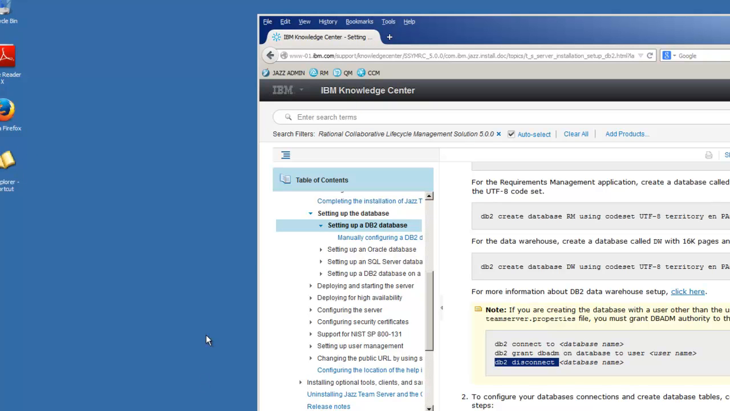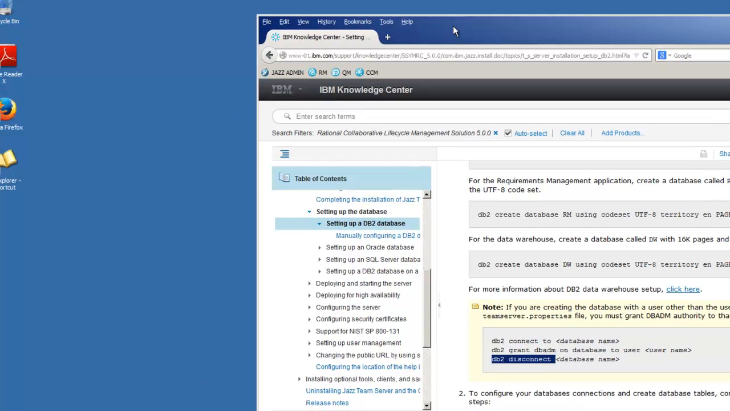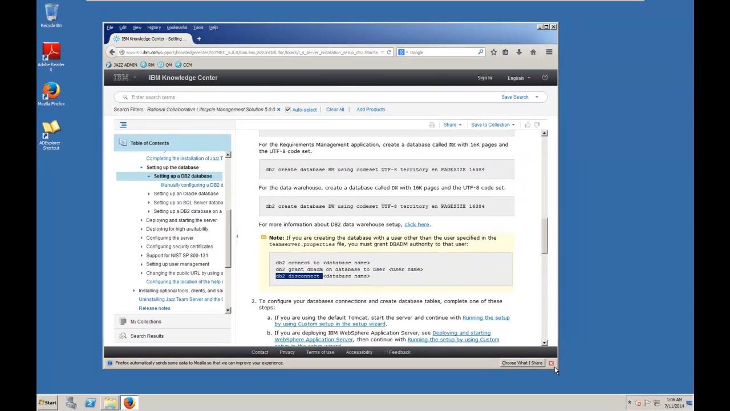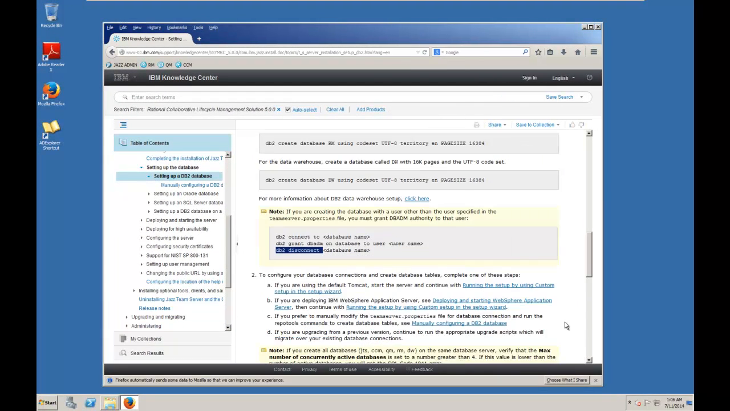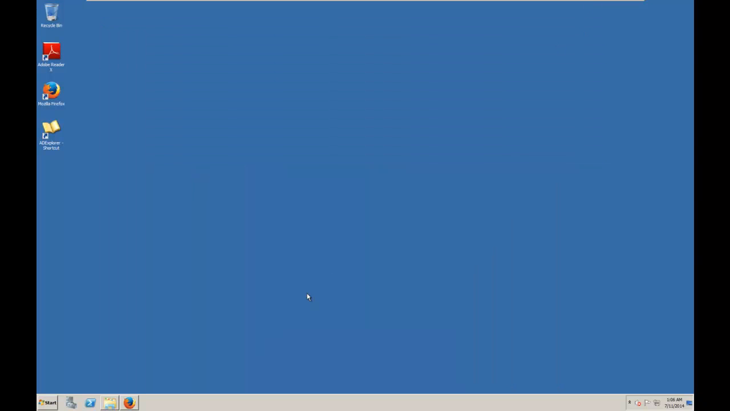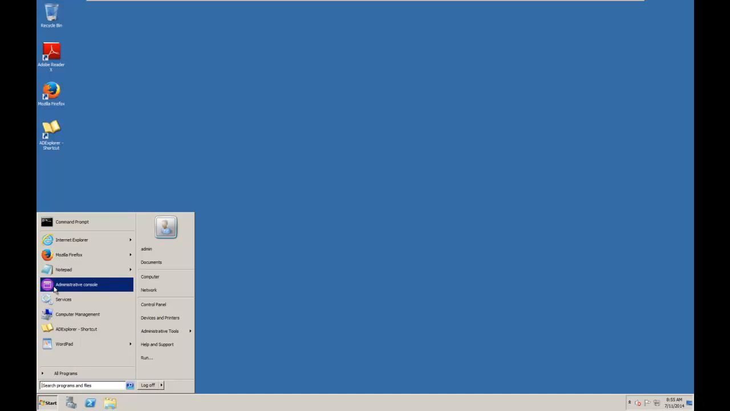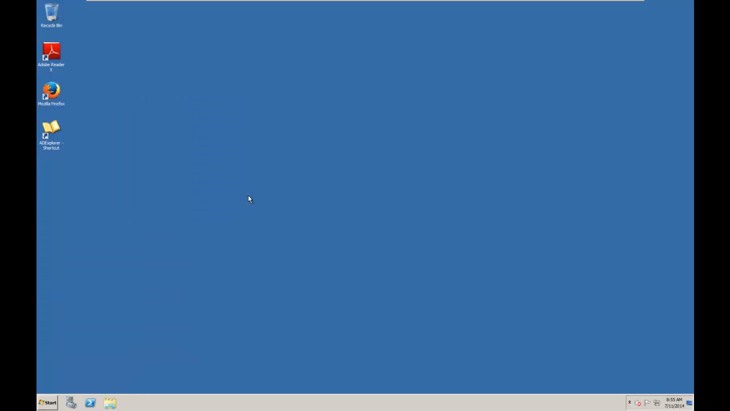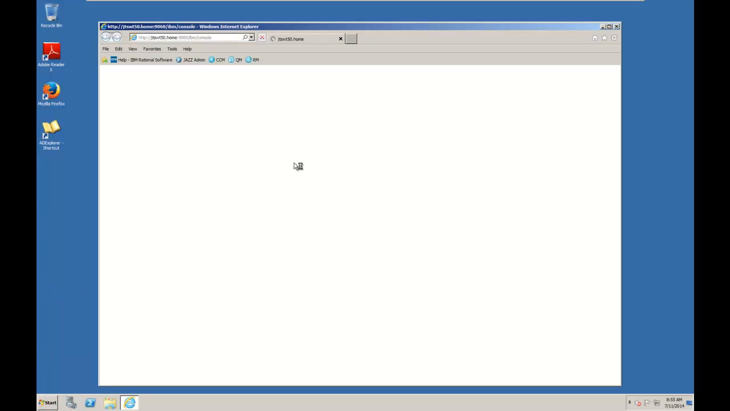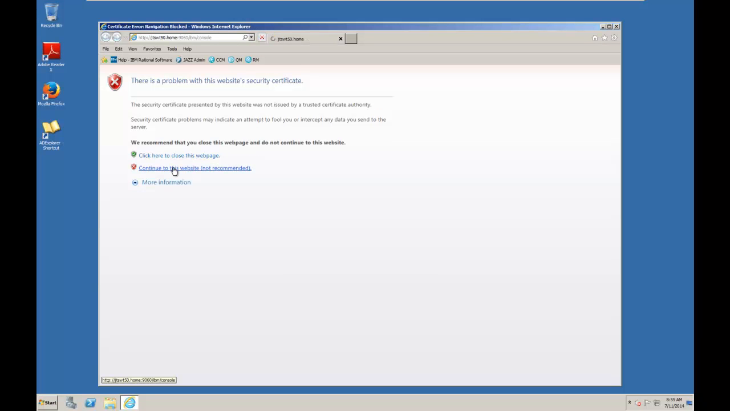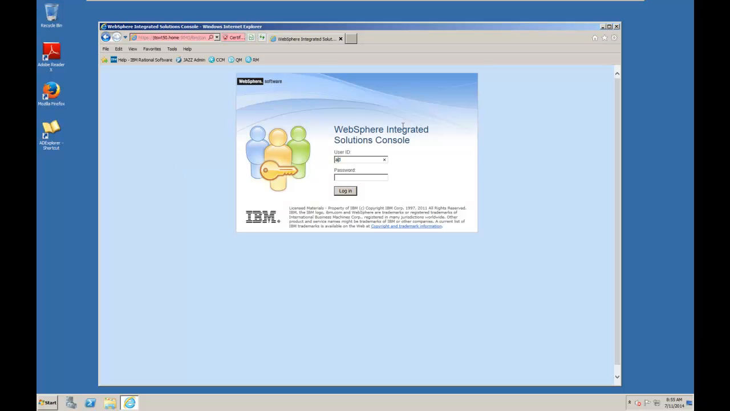Now the databases are configured. Final thing we do is run the JTS setup. One last thing we'll do is make sure that our ports are set to the default internet ports. To do that, you open the administrative console again, log in,